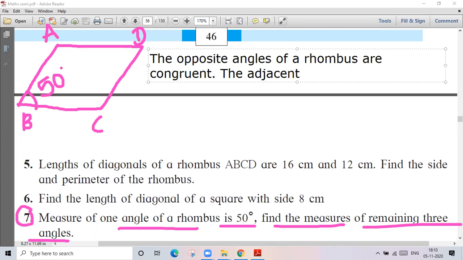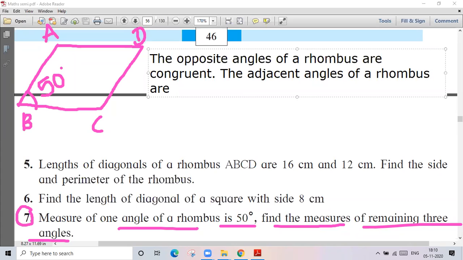Adjacent spelling, check it. If I'm making a mistake, tell me. Is anything wrong? Check it, I should check the spelling a bit. Angles of a rhombus are supplementary. Sorry, they are supplementary. Here, all this spelling, I think. Now,